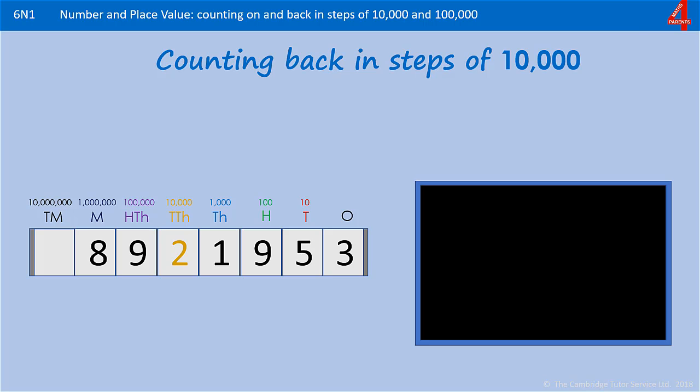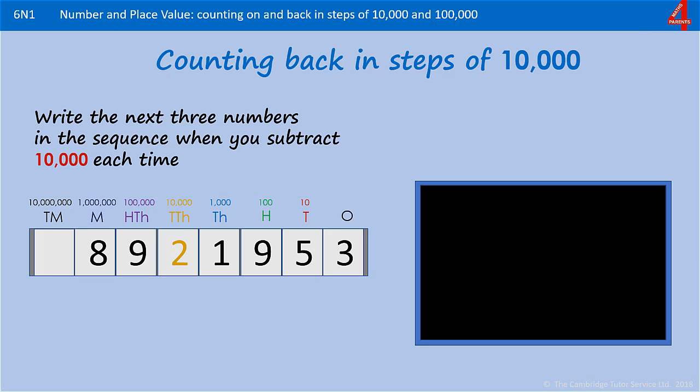I've put counting back in steps of 10,000 and 100,000 on a separate video because for a lot of people this is really quite tricky when you're having to cross over from the 10,000 boundary to the 100,000. One we're going to start with is 8,921,953, and we're being asked to write the next three numbers in the sequence if we take 10,000 away each